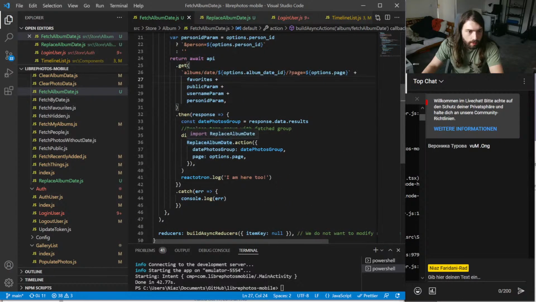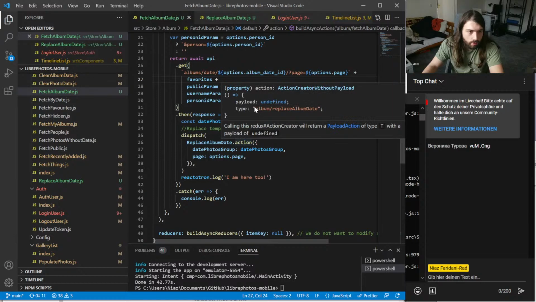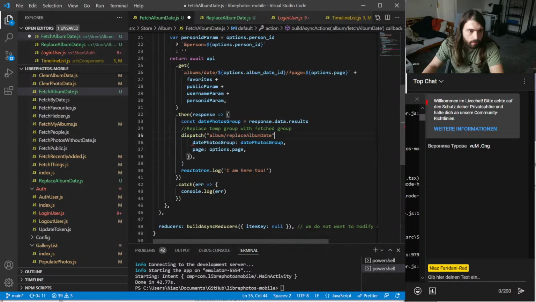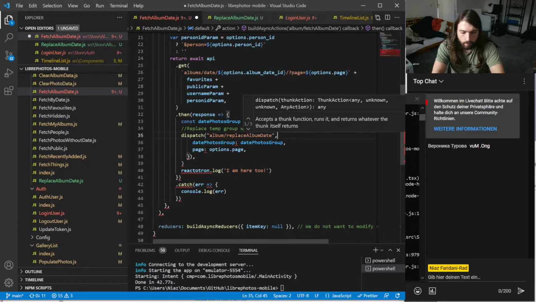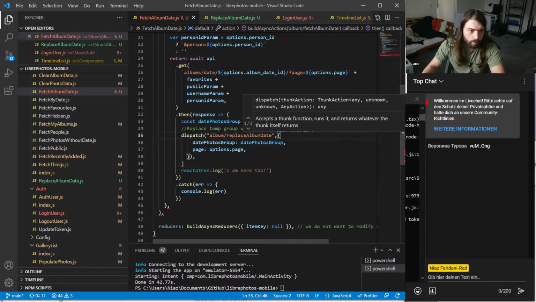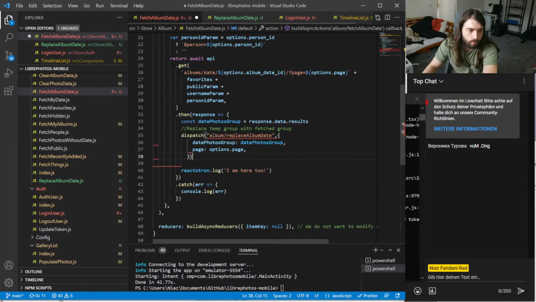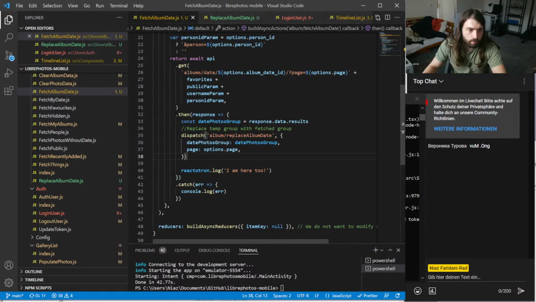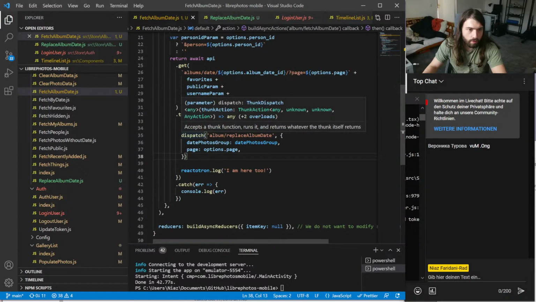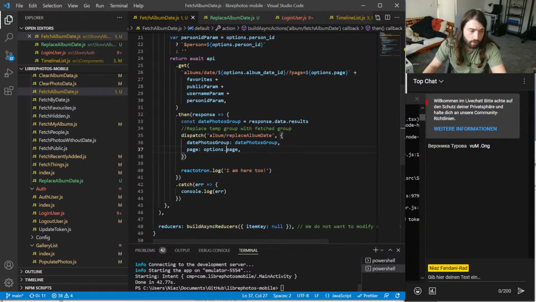So let's cut that down. Let's use type here. And do it like that. Right, so this should work technically.